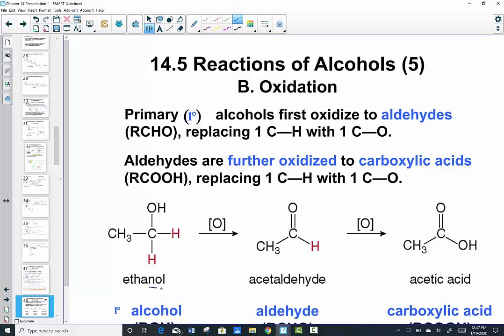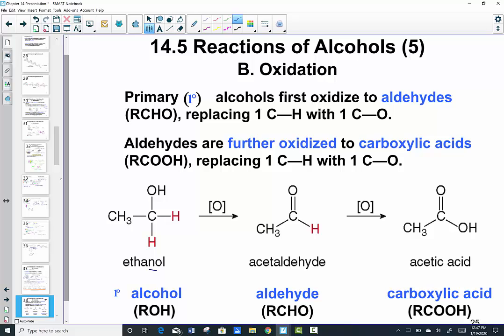Alcohols are oxidized to produce carbonyl carbons, and if we continue the oxidation process, we can actually go all the way to a carboxylic acid. If the carbon attached to the hydroxyl group is attached to two other hydrogens, we call that a primary alcohol. The carbon is attached to just one other carbon, that's primary, meaning it has two carbon to hydrogen bonds that